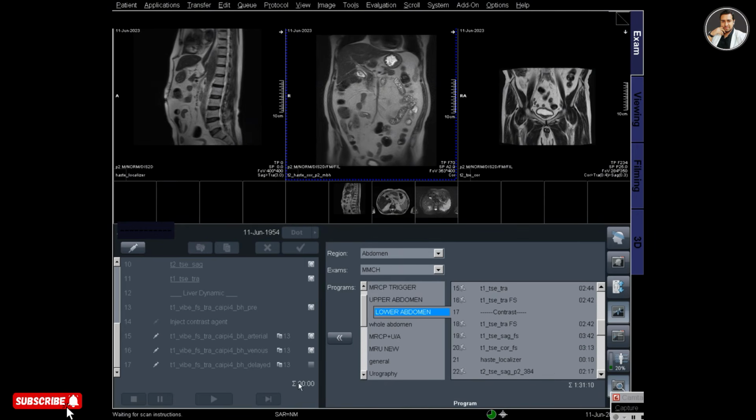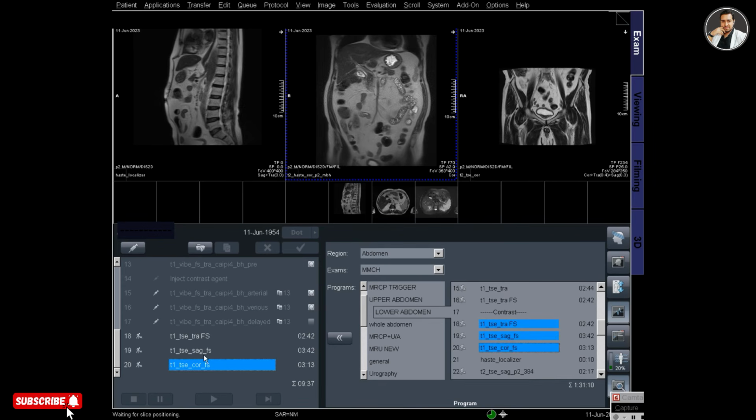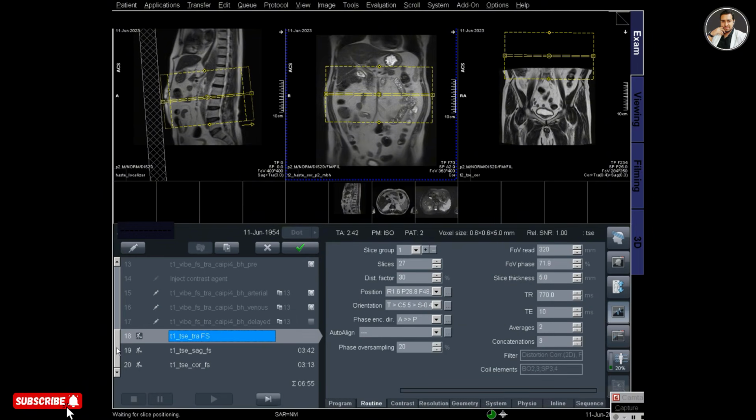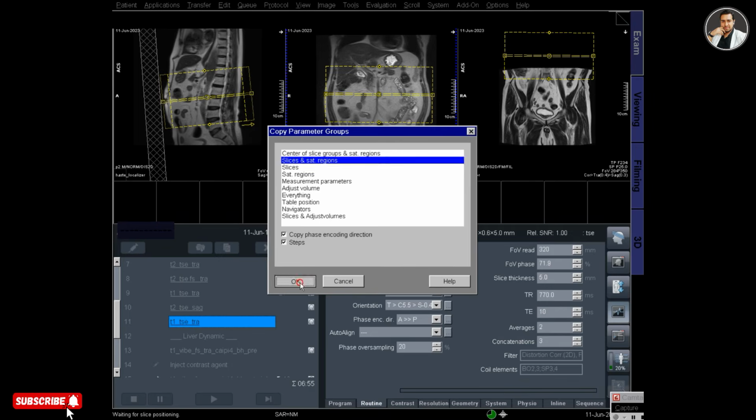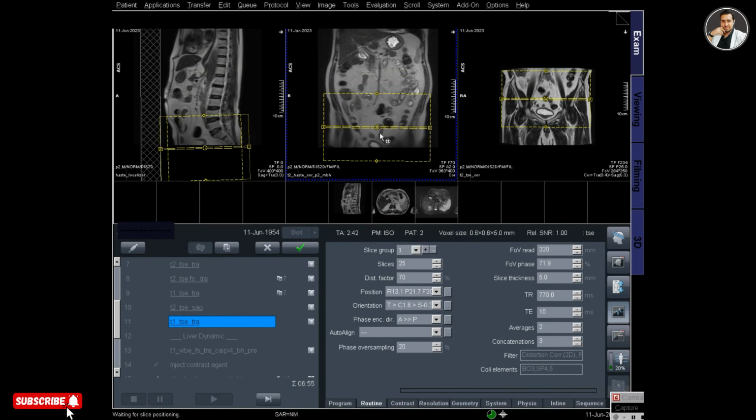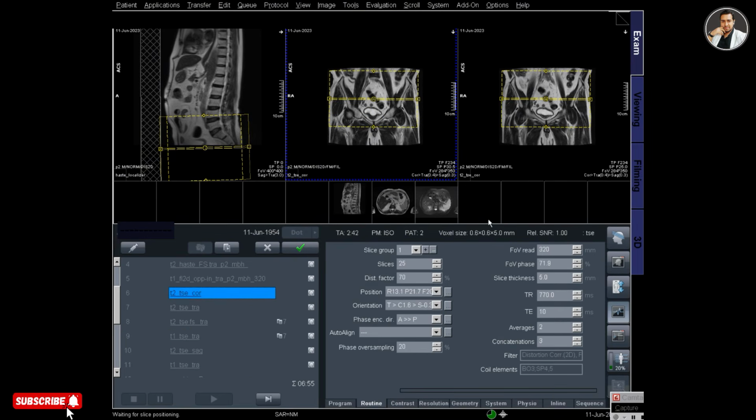I missed the scan to record, but I can show you the images of how the T1 fat set looks pre and post contrast. Now I am planning the post contrast pelvic region or lower abdomen, the T1 transverse fat set post contrast for pelvis.